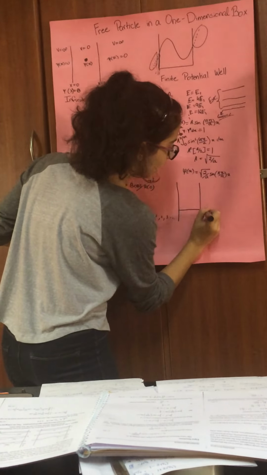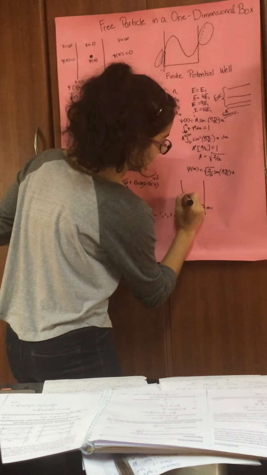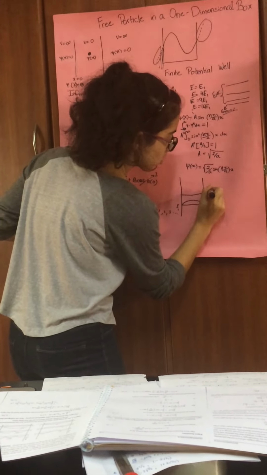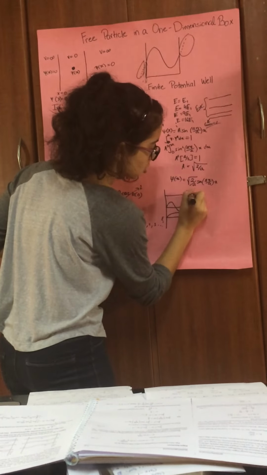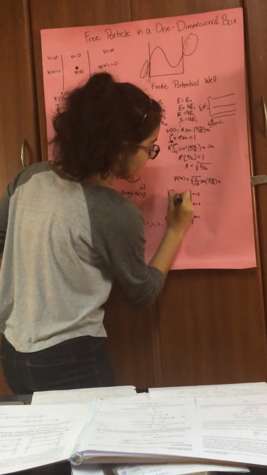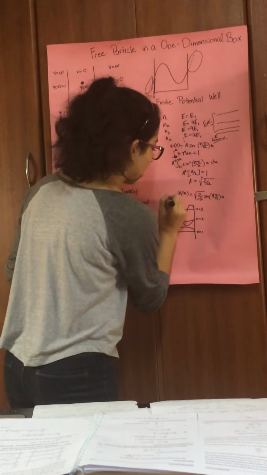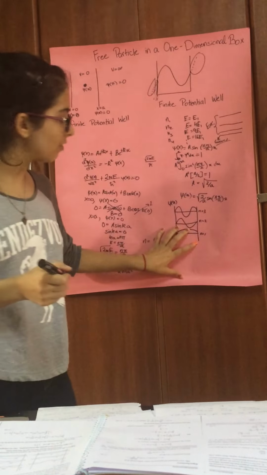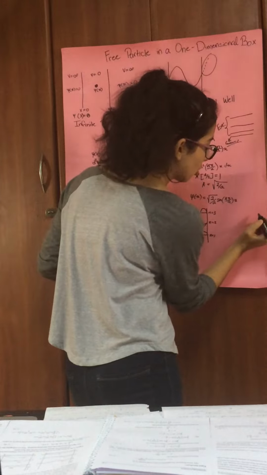So for n equals 1 and energy E1, you would have a wave like this. Then for n equals 2, you would get a wave such as this. For n equals 3, you would get a wave like that. So that is the graph of phi, which basically just shows us the wave function of the particle in a box. Now what we can also do is draw a graph